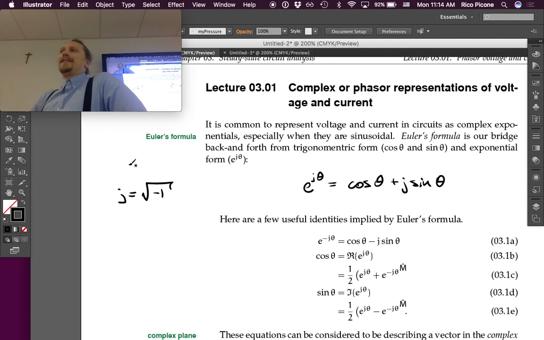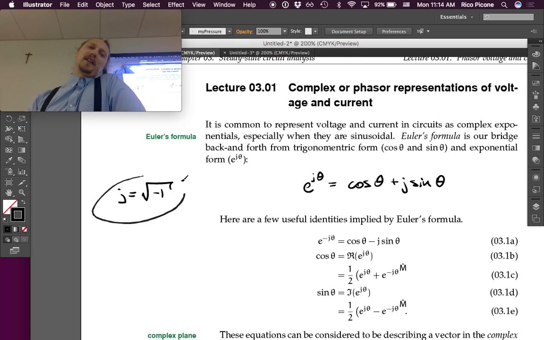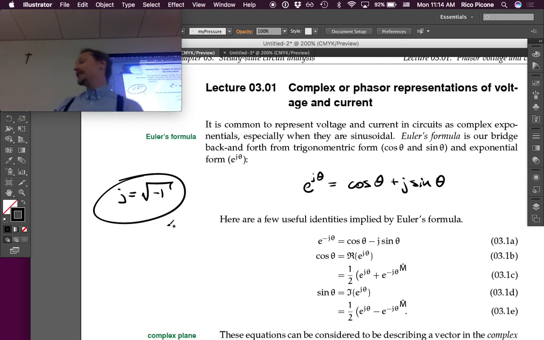Or I hat. Or just some random symbol. I theta. Well, J is really common in electrical engineering, and so we're going to use J. Could use I theta. So, this is